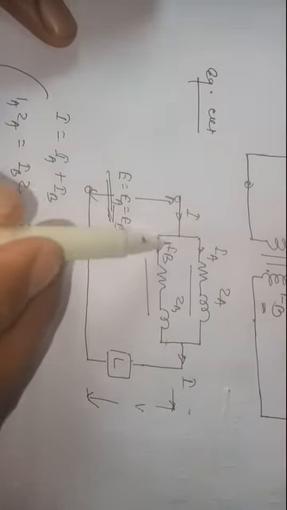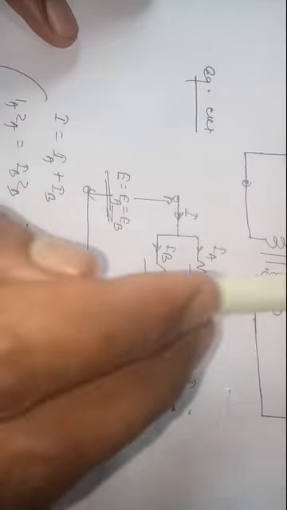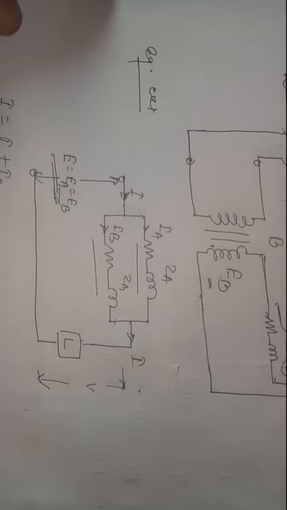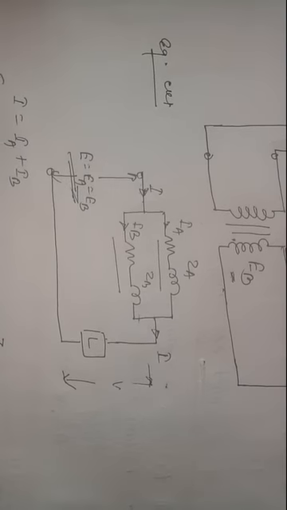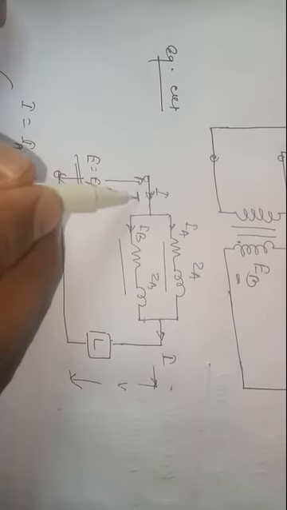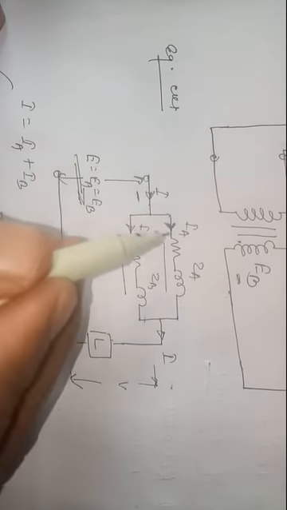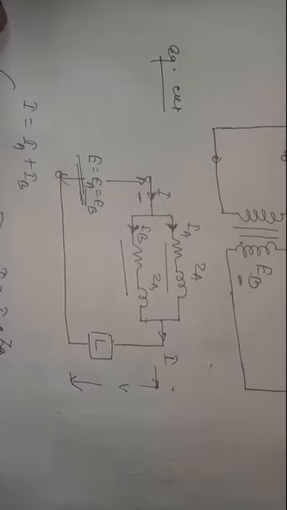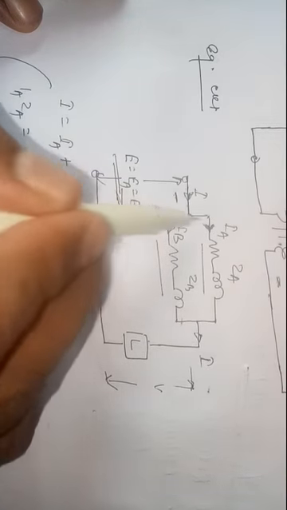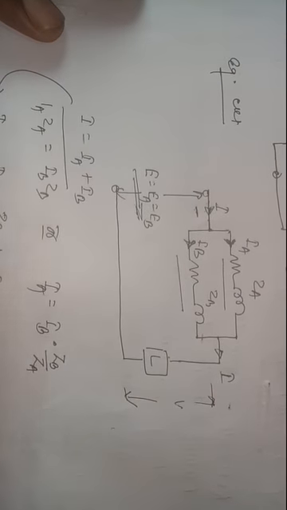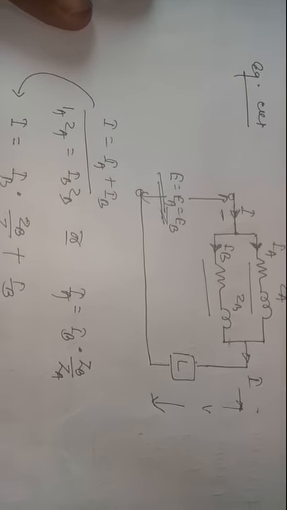Look at the equivalent circuit here. This equivalent circuit is referred to secondary. Because we have used two transformers, there are two parallel paths. Parallel means shunt connection. Here the total current will be shared by both the transformers. Say transformer A carries current IA and transformer B carries current IB. If we apply KCL at this point, the current will be divided here. So the total current I will be equal to IA plus IB.